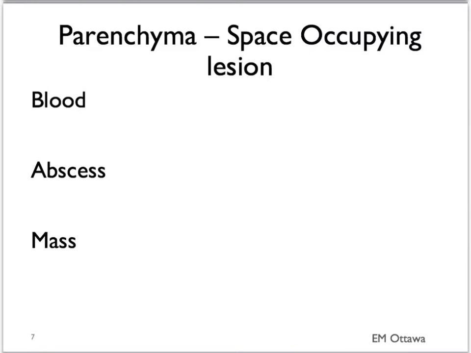In the brain parenchyma, we're most worried about space-occupying lesion. That includes blood, abscess, and mass. The blood here refers to parenchymal blood, and not in the epidural, subdural, or subarachnoid space. For parenchymal blood, we need to know about history of hypertension, since that is the most common risk factor for